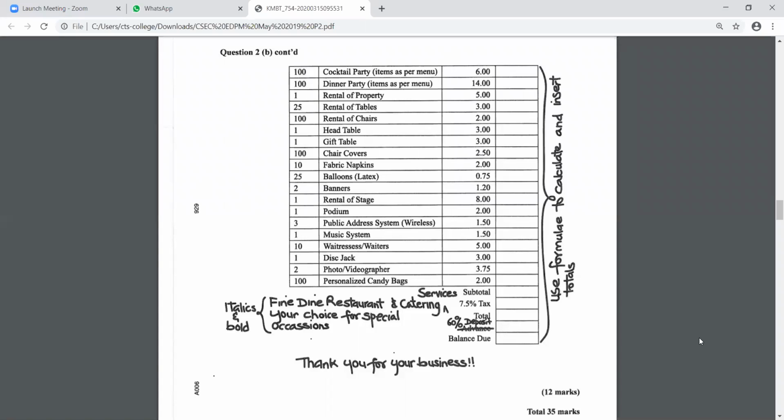$6.14. No. Remember, we're working out the formulas for each one, right? And the subtotal means that we add up all on the top already. Were you paying attention to that? Remember, this subtotal means that we add all of the totals on the top, right? And we just work out 7.5% of the subtotal. So how do I calculate total in that box? Your total is what?